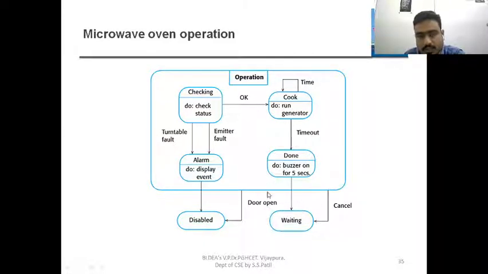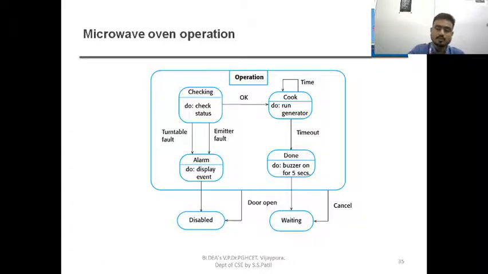So what is going to happen when you put a cake in for baking, and next you say 10 seconds or 20 seconds? Okay, the cooking time is over. Once it is done, it is going to check whether it is baked correctly or not, at 100 Fahrenheit for 10 seconds. When it is done, it is going to give the alarm. Once the alarm is done, it is going to be disabled.